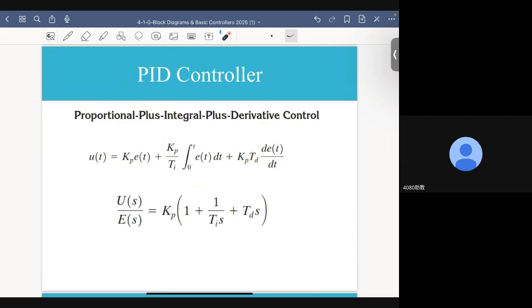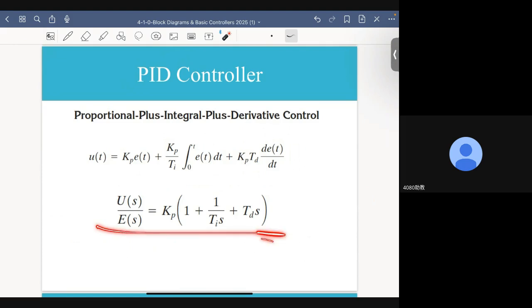By contrast, if this derivative is negative, it means maybe the output error right now is very large, but since it is declining, it is becoming smaller and smaller, maybe I don't have to worry that much. So whether it is growing or declining also plays a factor in determining our control actions,